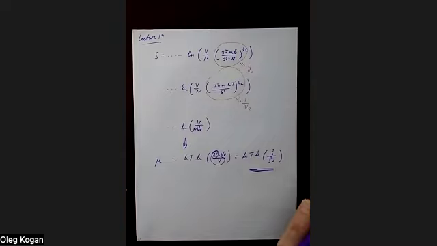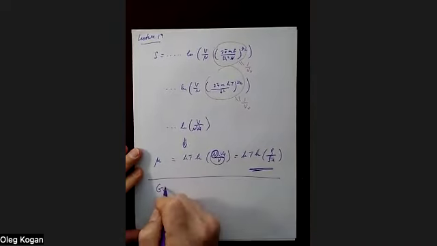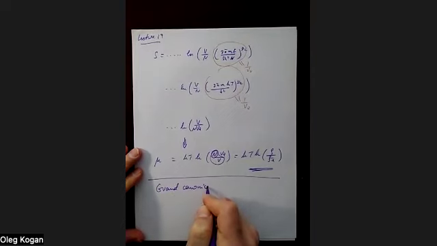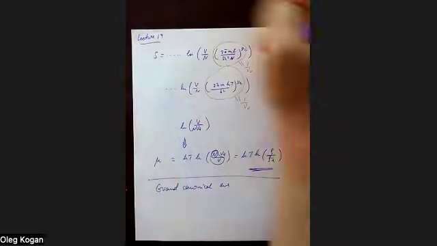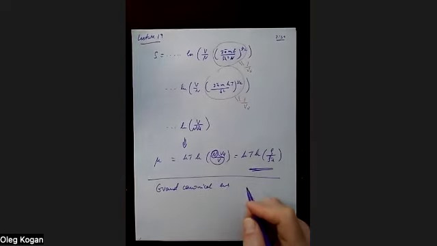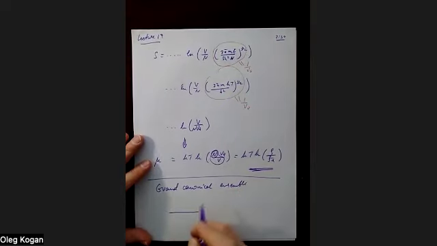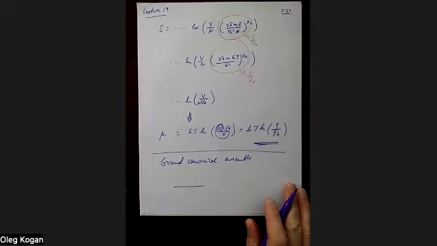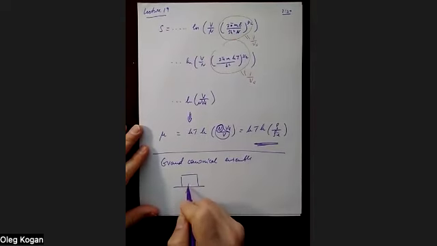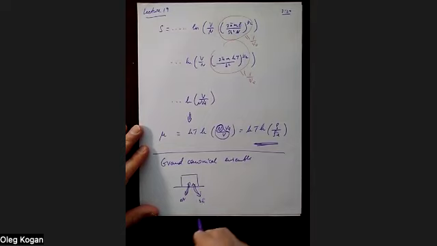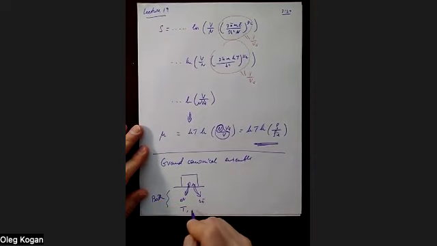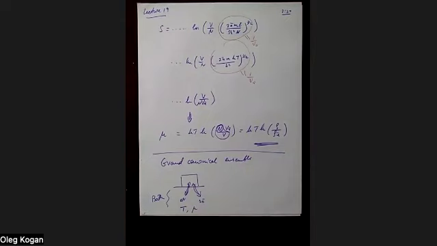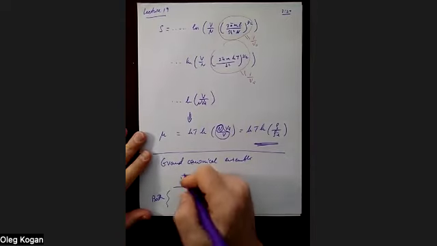Then let's recall what we did. We talked about the grand canonical ensemble. Before the word ensemble, we're just talking about a system that's able to exchange particles and energy with the bath, and it's a particle and energy bath. It's characterized by temperature and chemical potential. The bath is very large, so these quantities are fixed, and the system